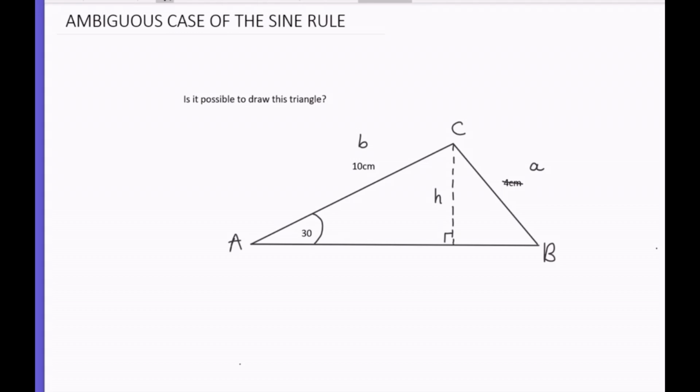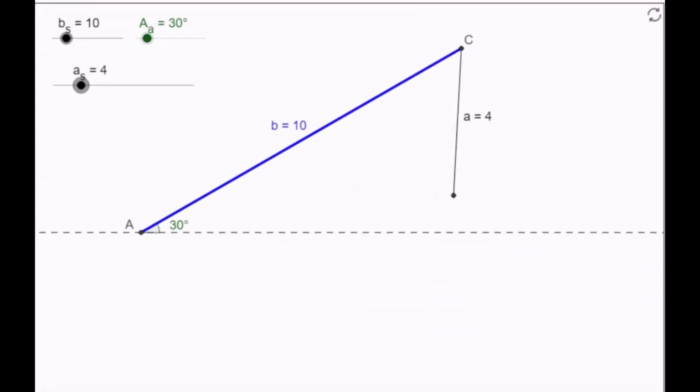So we can see that this is just a right angle triangle, so we can see that sine of 30 is opposite over hypotenuse. So if we rearrange that, 10 sine 30 is equal to the height, and actually sine of 30 is 0.5, so it's equal to 5. So it's showing us that actually for anything less than 5, it's just not going to reach the bottom. So let's go back to GeoGebra,